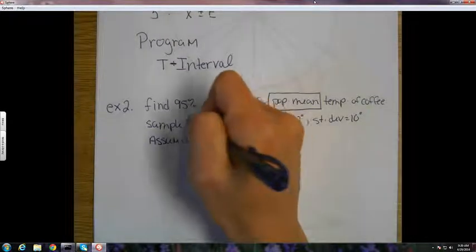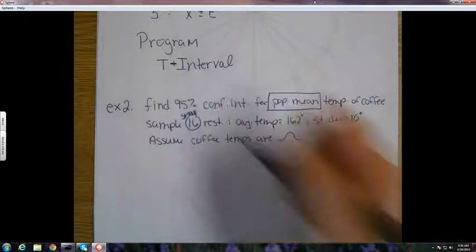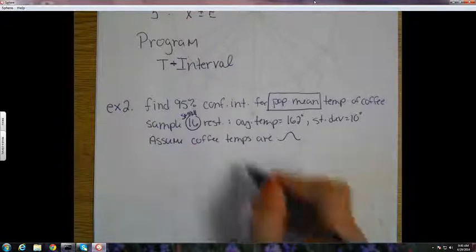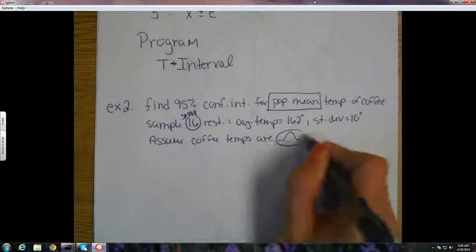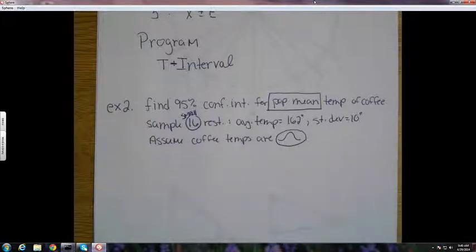Small sample. So that means I'm going to deal with T's instead of Z's. So it just depends if it's under or over. Yes. Now if it's under 30, which this is, there's one more thing I have to look for to see if I can even do this problem. What else do I have to look for in the problem? It has to be normally distributed to move on. If this line was not here, I would not be able to do this problem. Greater than or equal to 30 is big, so under 30 is small.